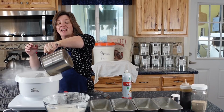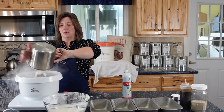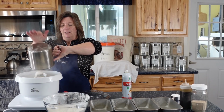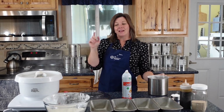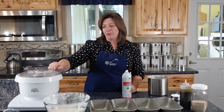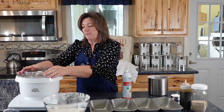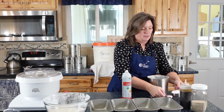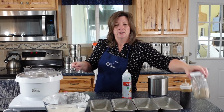And this is the second container we opened because, quite frankly, the first one had mold or something in it, and there's no way that I would feed that to my family, even just for a taste test. Now this flour is a whole lot finer than both of the other ones. I'm not sure if that's a consequence of age or if it was originally just more of a sifted kind of flour. But we have our sugar, salt,